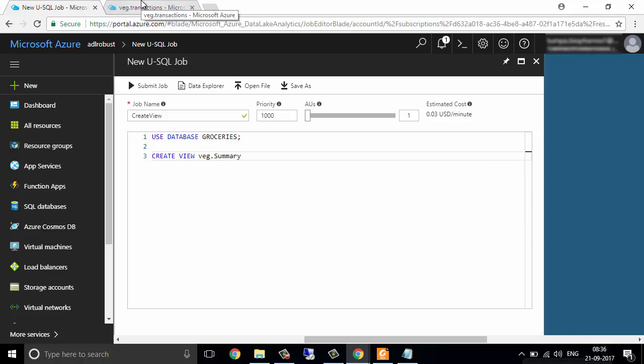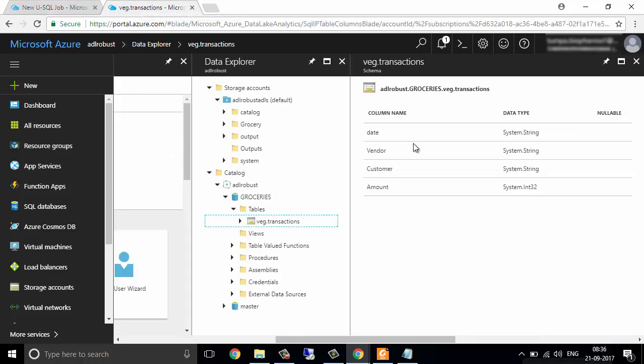What I am trying to do in this view is, we have the data at a granular level: date, vendor, customer and amount. There are many records for the same date, same vendor or same customer, or probably many records for the same vendor and same customer.